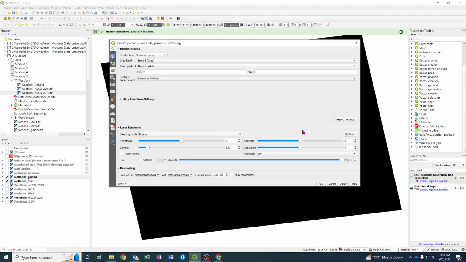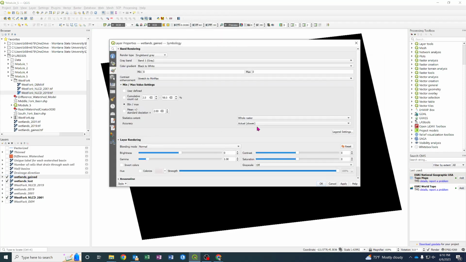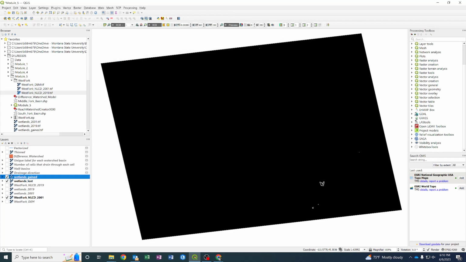Again, similar issue here. I'm going to go into my settings and set that to actual. And there we go. We can see that they look a little bit different. I've got some areas that were wetlands gained and some areas that are wetlands lost. And then the last, of course, that I want to see for my statistics would be which areas are persistent. So let's go ahead and take a look at